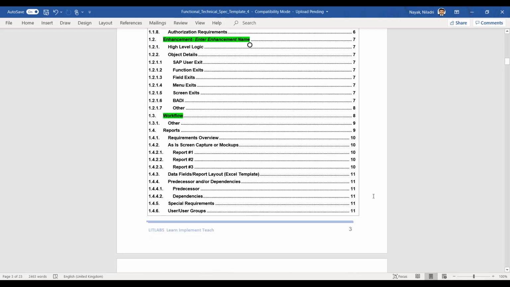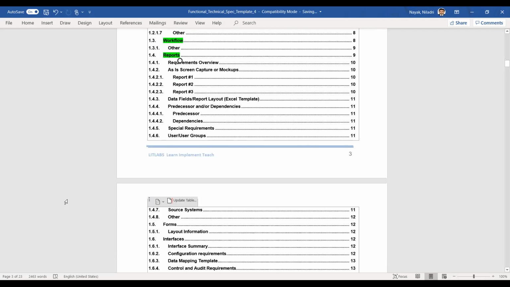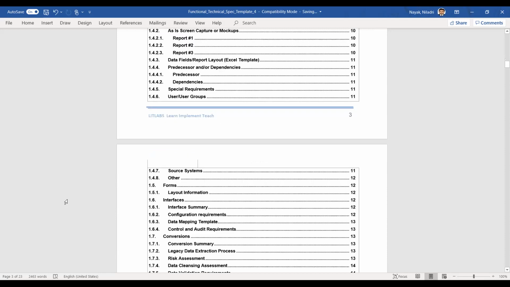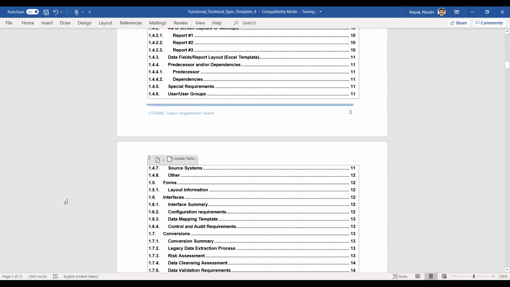It can be an enhancement, a workflow, or a report. In the case of a report, only the report section applies. Maybe you will write or draw a mock-up. When I say mock-up, it is how the screen will look in a report: the front-end screen, the selection screen, and what the output should be. Those details you will mention in the reporting section. Today I'm just giving the structure, and maybe tomorrow or the day after I'll give real-time examples of how it looks in a typical project. I'll share a sample with you.